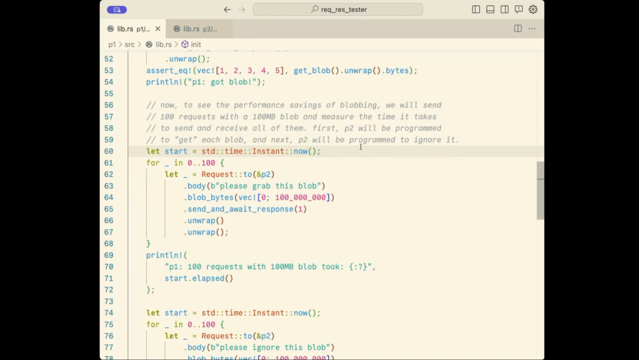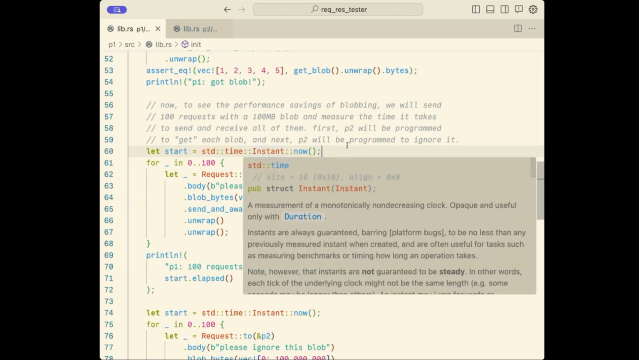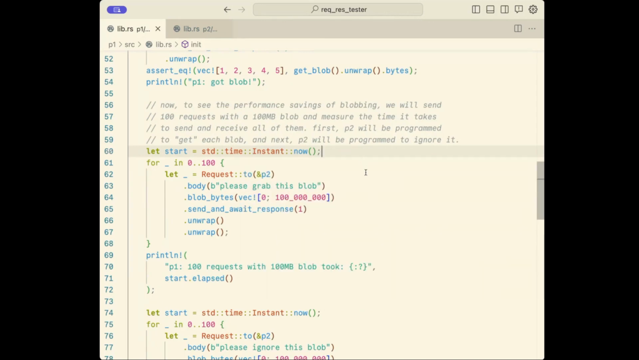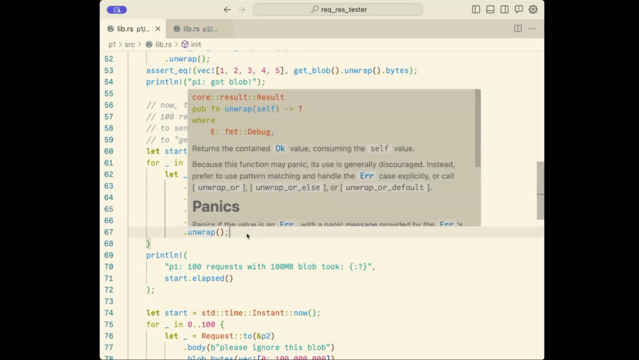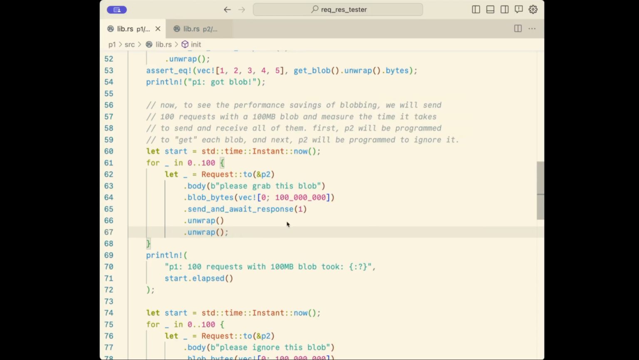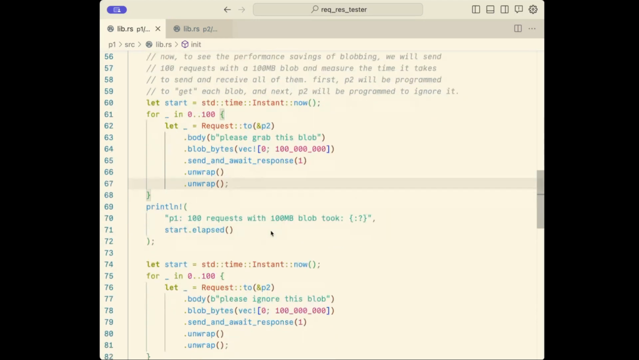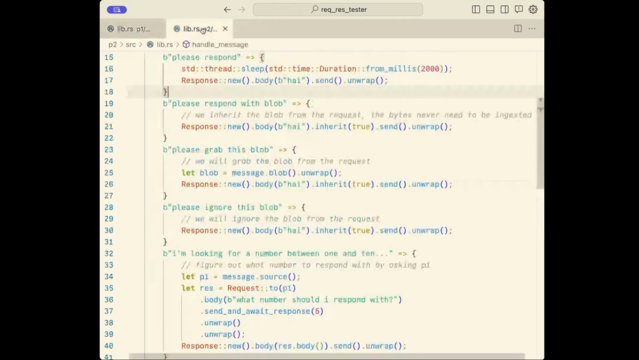So we do a simple for loop here. We say, okay, let's create 100 requests with this blob vector that's just 100 megabytes of zeros, and we send and await the response. We wait 1 second. Now, we do get these responses because we're actually unwrapping. We're panicking if we don't get an okay response here. And then we see, okay, yeah, this whole process of sending and receiving the responses took this amount of time. In P2,